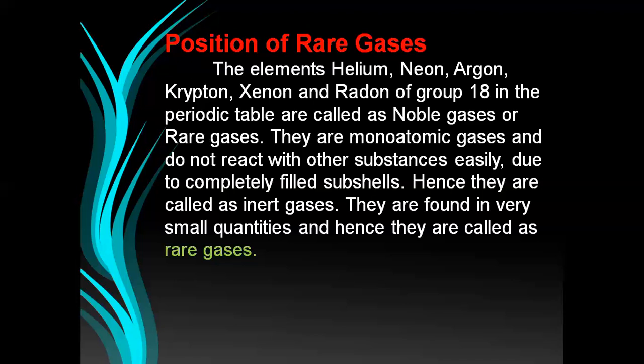These are the features of the modern periodic table. Lastly, who proposed the modern periodic table? Henry Moseley. We have discussed some of the features of the modern periodic table, the classification of elements into blocks, the advantages of the modern periodic table, and the position of hydrogen and rare gases in the modern periodic table. This is the modern periodic table. Next we have discussed